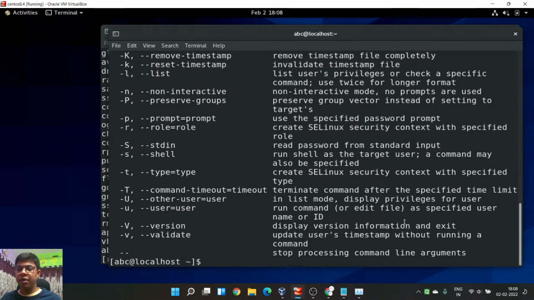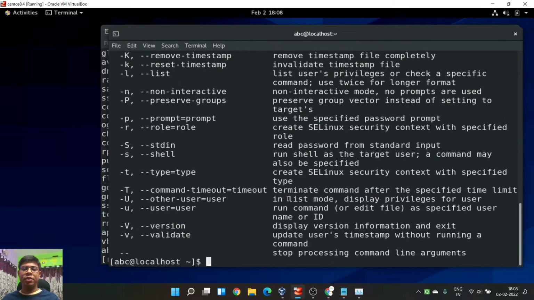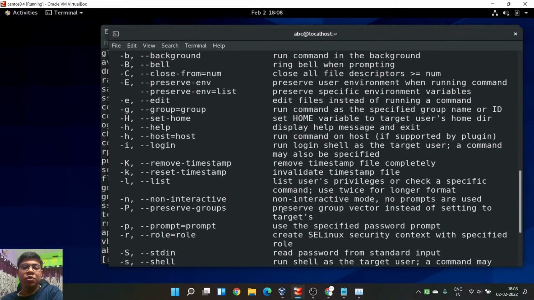Hyphen user: run command as a specific username or id. Run command as the specific group name or id. Definitely as a specific group name we are running the command. But why is it not allowing us to do that? Is there any special thing that we need to check? Okay, that's fine. I can tell you the answer in tomorrow's class.